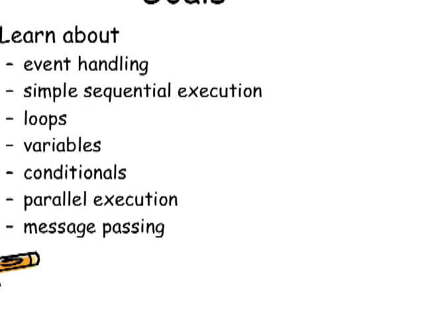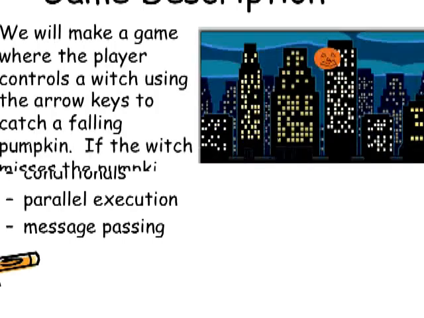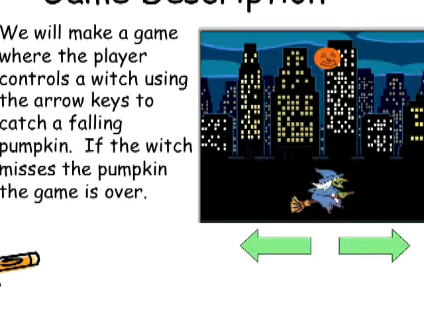You'll be responding to arrow keys to move the witch, simple sequential execution, loops, variables, conditionals, parallel execution, so doing two things at the same time, and message passing using broadcast and receive in Scratch, which is a way for different sprites to communicate. So we're going to make a game where the player controls a witch using arrow keys